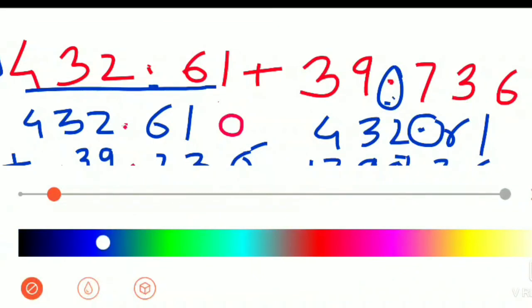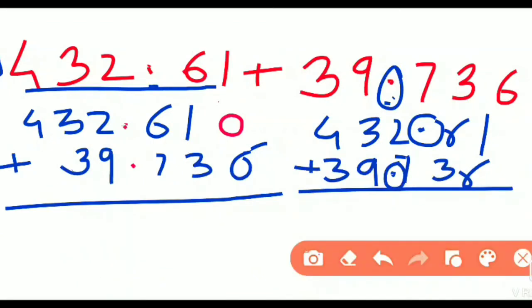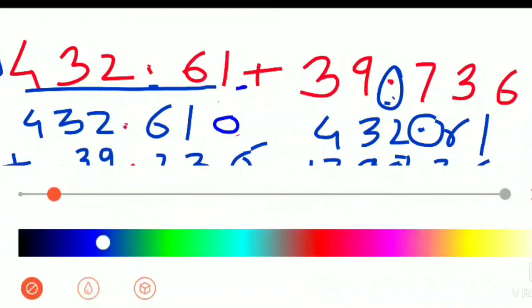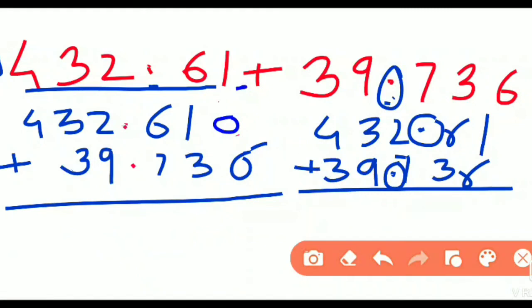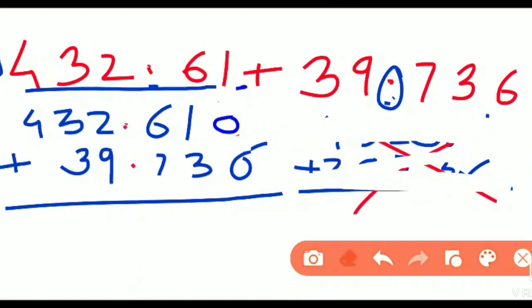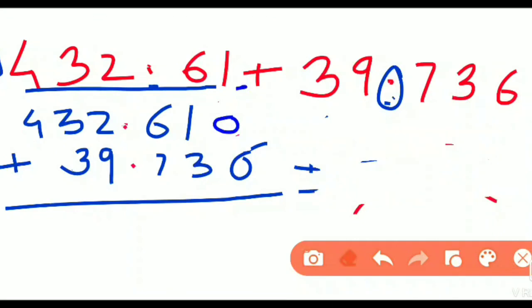Now what will I do here? I will solve this example. If you see in the question, 0 is not given here, but I wrote it here for our convenience and for the correct answer. So I will do the addition now. This is wrong. I told you this way of writing the question is the wrong way. The arrangement itself is wrong, so your answer will definitely be wrong. So I will rough this out, otherwise you will get confused. Now here is the question. Now I am solving the question.